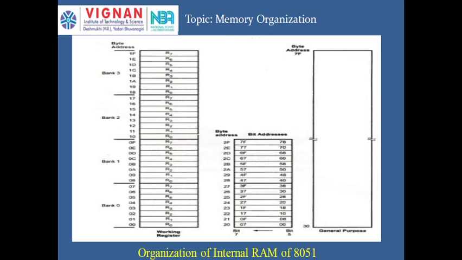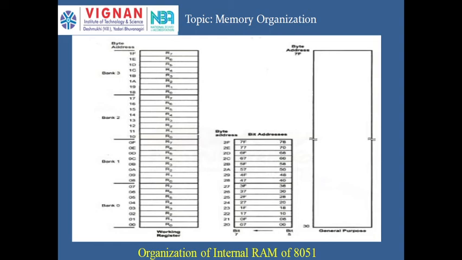As I already told, the 8051 has 4 kilobytes of on-chip program memory, whose address can vary from 0000H to 0FFFH. This internal memory is programmed by the manufacturer when the chip is built, so this part cannot be erased or altered after fabrication. It is used to store the final version of the program. Whereas if you go for external 4 kilobytes, that can be erasable and modified.